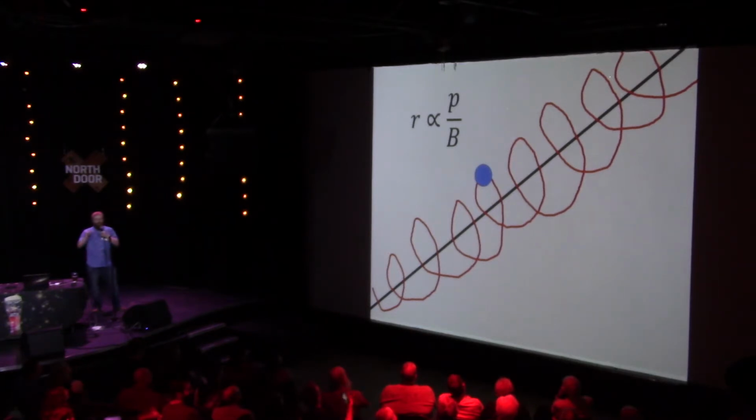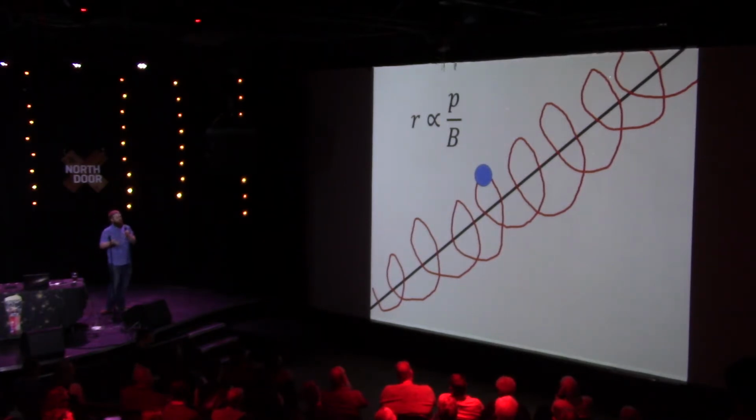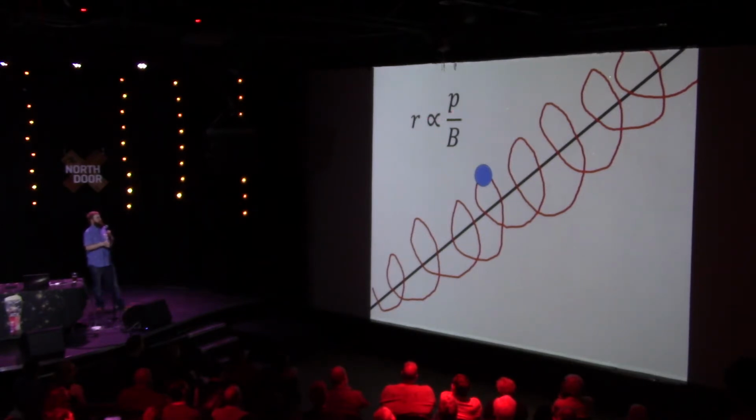Luckily, the circle was a tool, so I didn't have to draw the circle. And so the black line is the magnetic field, and the particle, like a proton or electron, would just be spiraling along this magnetic field. So if the magnetic field warps, the cosmic ray would go with it. And so the radius at which it rotates around it is related to the energy or the momentum of the cosmic ray, and inversely related to the strength of the magnetic field.